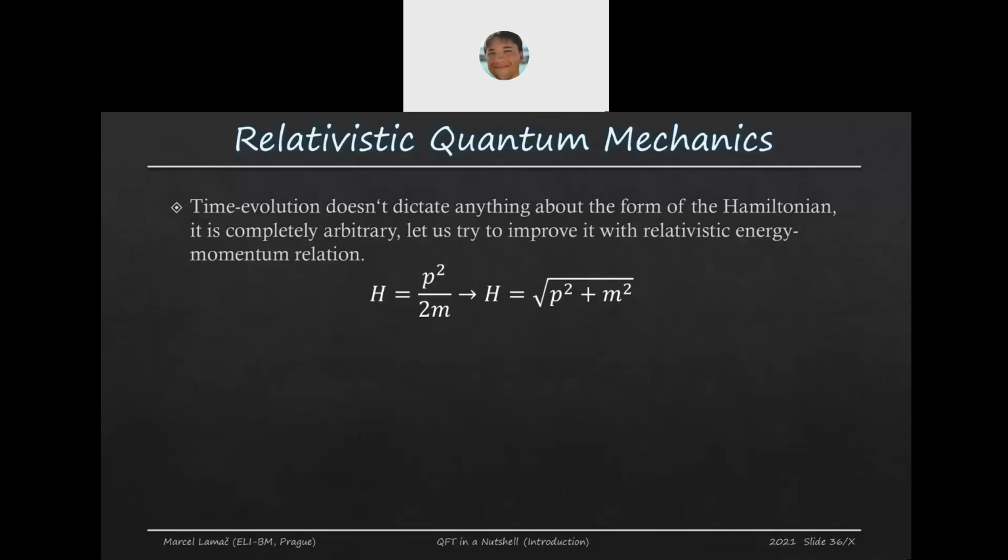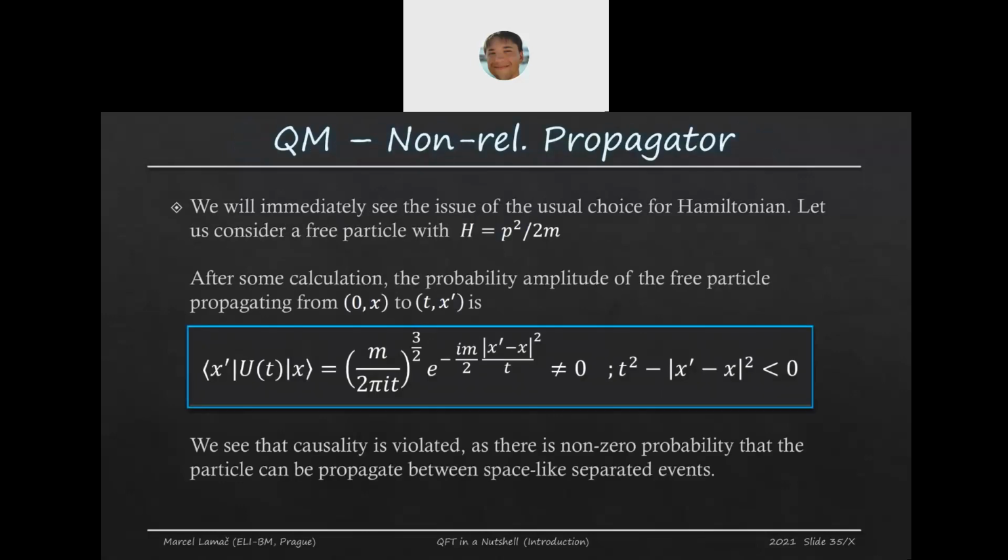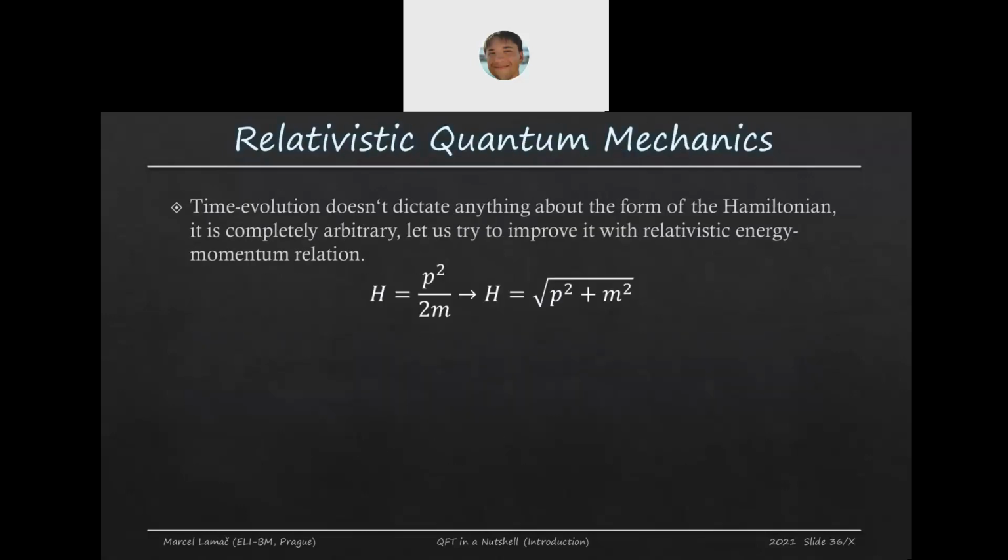In the non-relativistic Hamiltonian of a free particle, we are only considering P squared over 2M, right? Which was here. So why don't we take the relativistic version? Well,